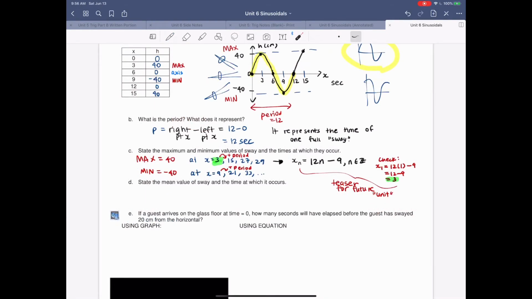So for question D, it says state the mean value of the sway and the time at which it occurs. So what is the mean value? Mean value is the average, right? Like the average value, average grade. You're familiar with that concept, right? And so for this sway, it's really referring to the axis because it's going to oscillate around this axis of 0. And so mean means average, and in this context, it means the axis,